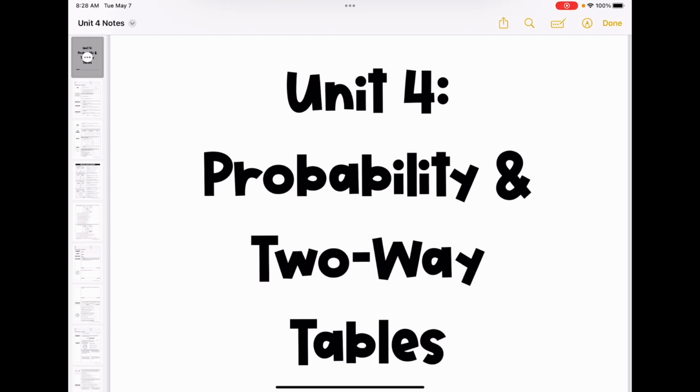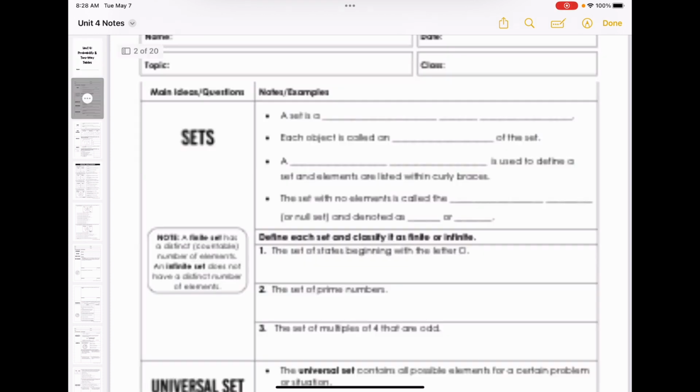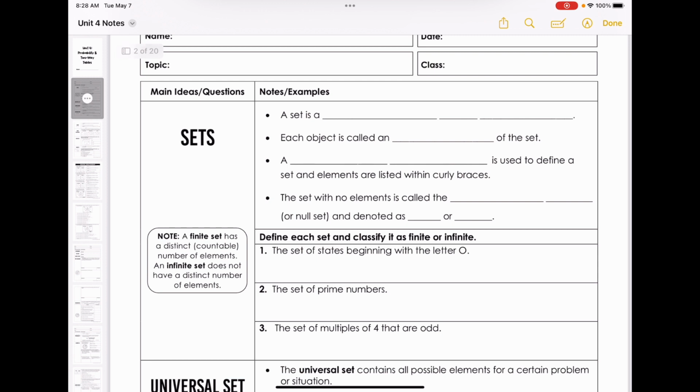All right, today we're going to be starting Unit 4, and its title is Probability in Two-Way Tables. So we're going to be on pages 1 through 4 today. So starting on page 1, a set is a collection of objects